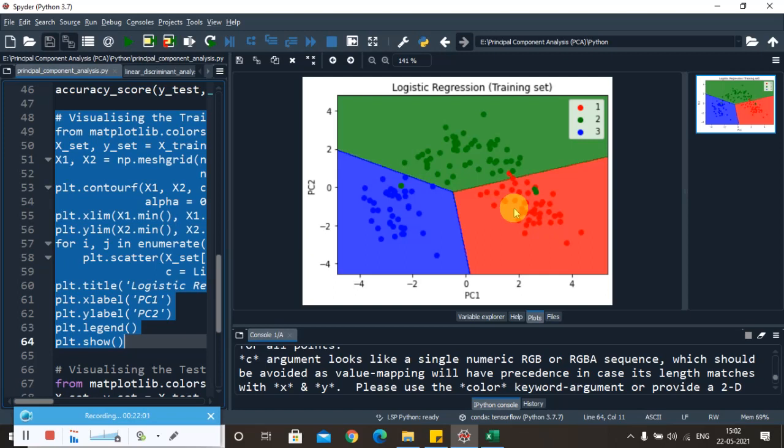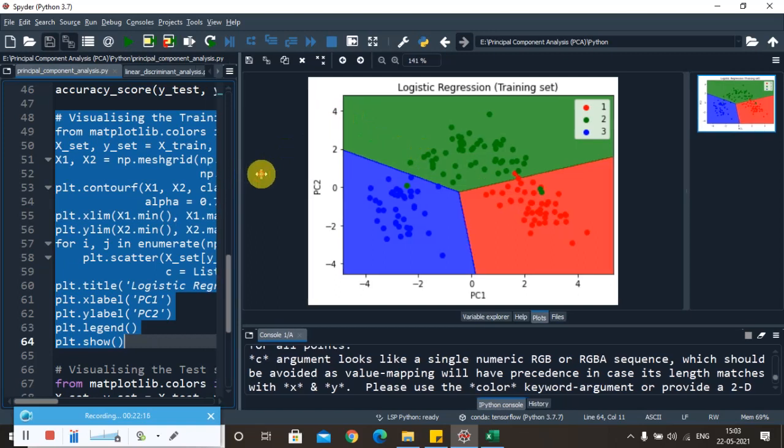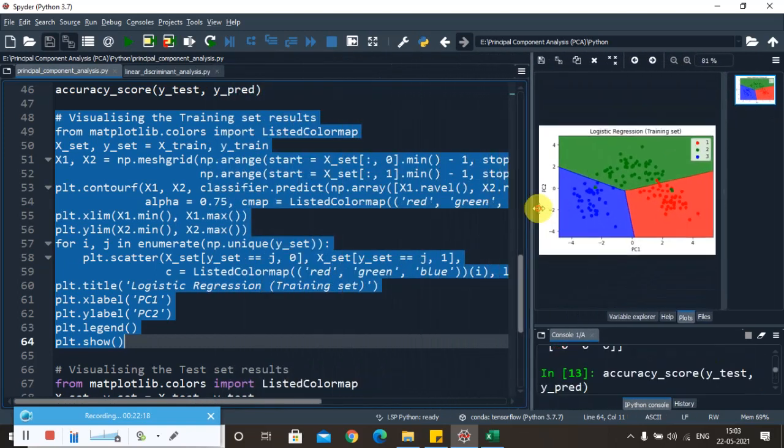We can apply kernel PCA or another very important, most commonly used dimensionality reduction technique known as LDA, linear discriminant analysis.